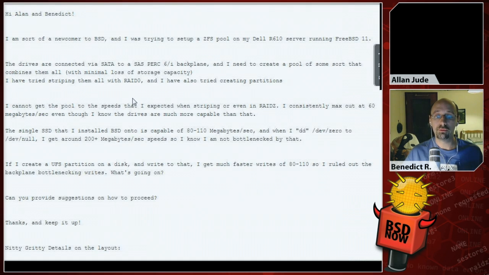Okay, I hope we gave you some pointers and interesting starting points. Next up is Jay with ZFS and speed. He writes, "Hi Alan and Benedict, I'm sort of a newcomer to BSD, and I was trying to set up a ZFS pool on my Dell R610 server running FreeBSD 11. The drives are connected via SATA to a SAS PERC 6i backplane," oh, I know those, "and I need to create